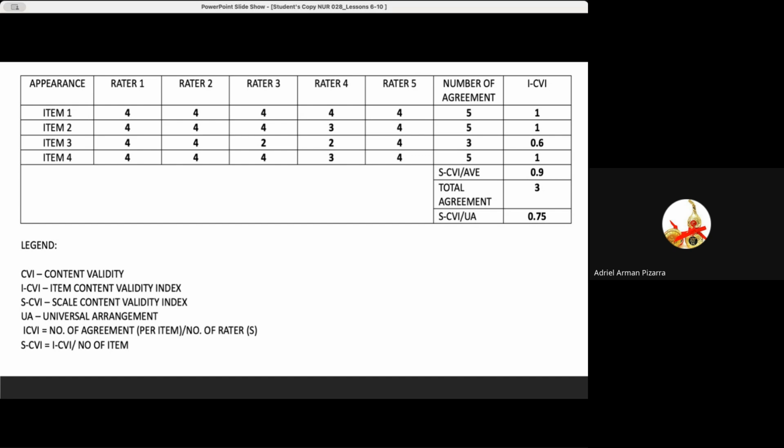Okay? So item number 1: 4, 1 point. Rater number 2: 4, again 1 point. Rater number 3: 4, 5. 4 and 5 is 4. So if you're going to add 1, 2, 3, 4, 5, the number of agreement is 5. Meaning to say that item number 1 is really solid because everyone really identified it as